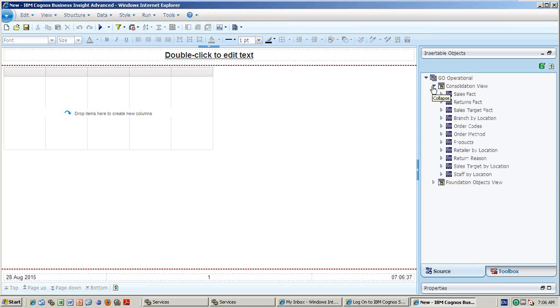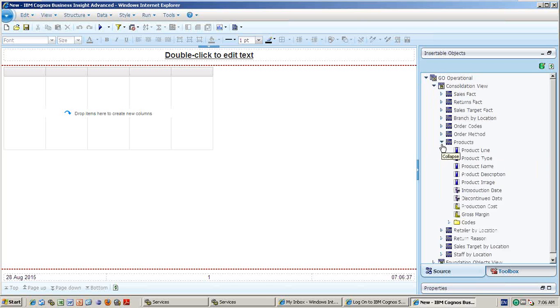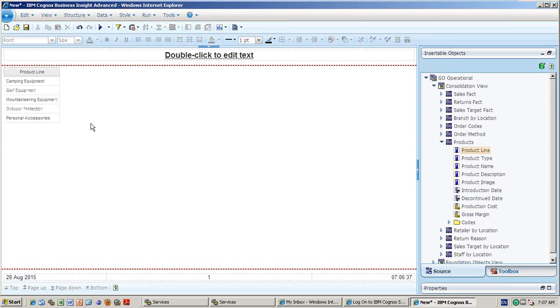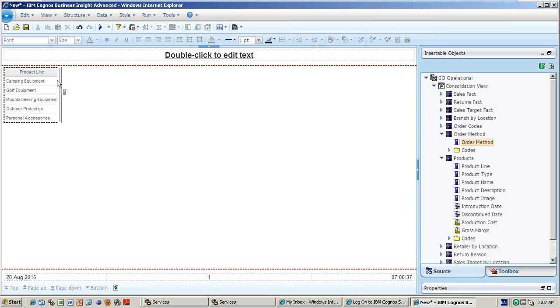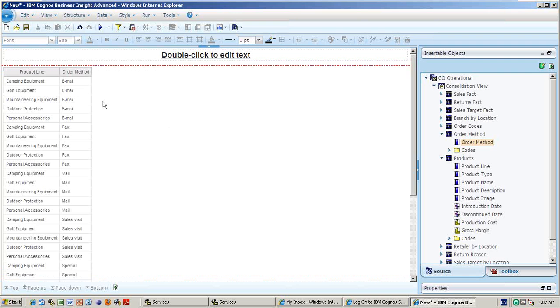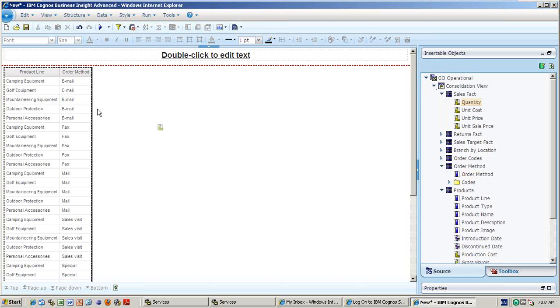Because Business Insight Advanced is mainly used for users who don't know about queries, like in Query Studio. Whatever columns they are dragging, for example Product, Report Studio would generate a query. But you see here, what is exactly happening? Is it behaving like Report Studio or Query Studio now? Query Studio. Right. It is behaving like Query Studio.